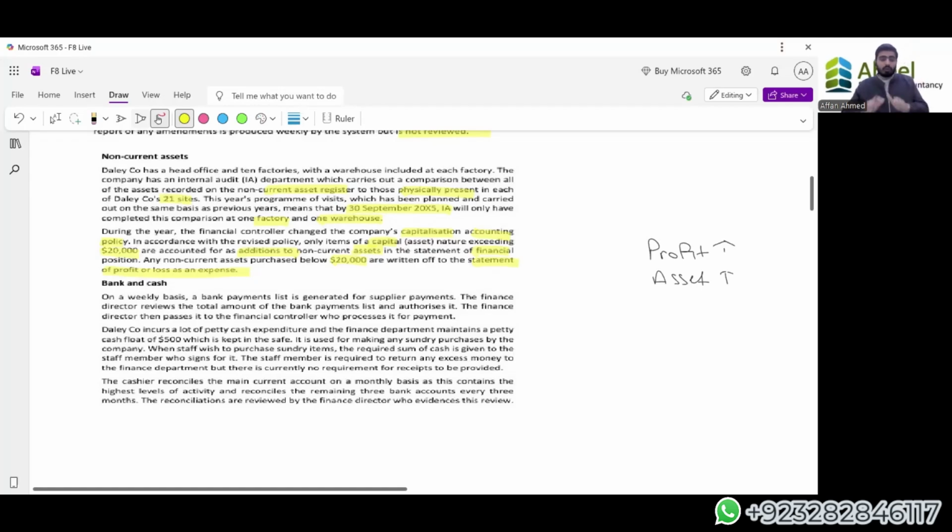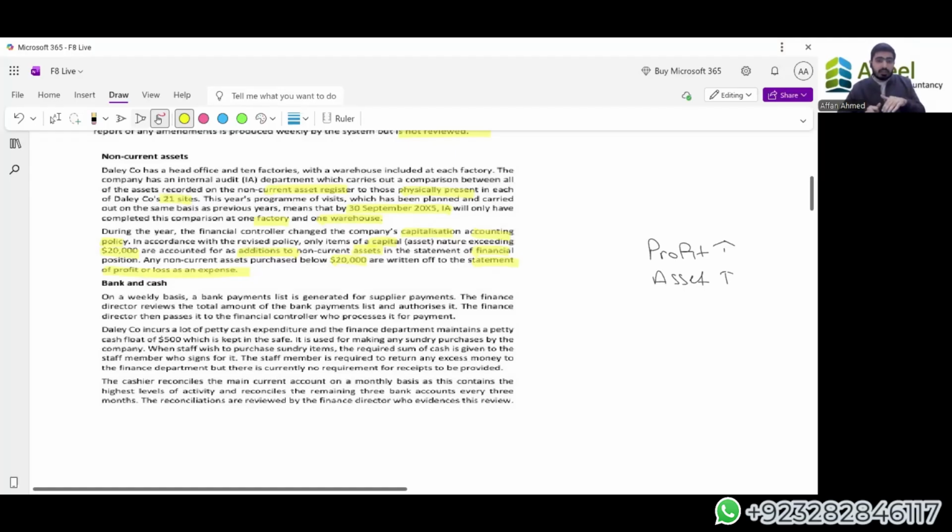Now here we are not talking about the policy itself. We are talking about the environment of the organization. We are talking about the controls of the organization to implement this policy. If a policy is changing, it should be discussed by the board of directors. It should be discussed by the management, and minutes of the meeting will give us the evidence for that, right? The threshold here is very high. Look, for a company, $20,000 can be a substantial amount. For non-current assets, the threshold seems to be very high.